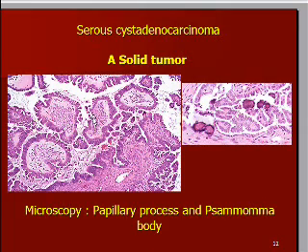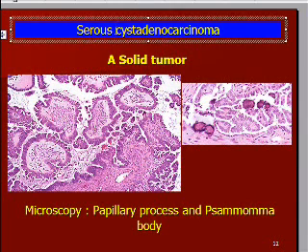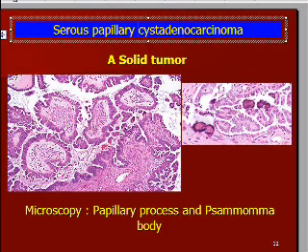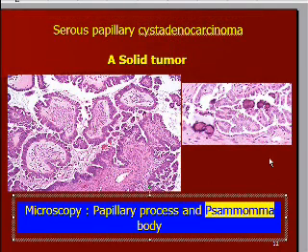If you look at these tumors, this tumor has plenty of papillary processes. So sometimes it is known as serous papillary cyst adenocarcinoma. So the papillary word can be used to identify these tumors, and these tumors typically contain the psammoma body, which is nothing but a dystrophic calcification, laminated dystrophic calcification, and these two features are helpful for the identification of the serous